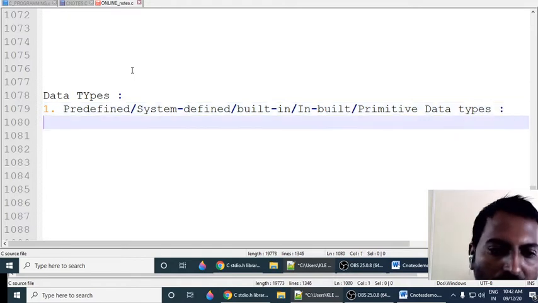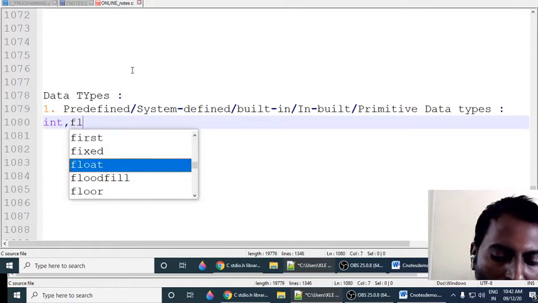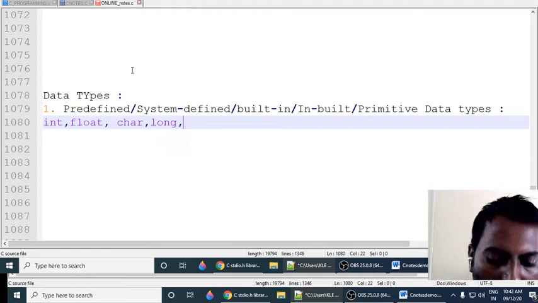So these are nothing but int, float, char, long, double. So already seen.